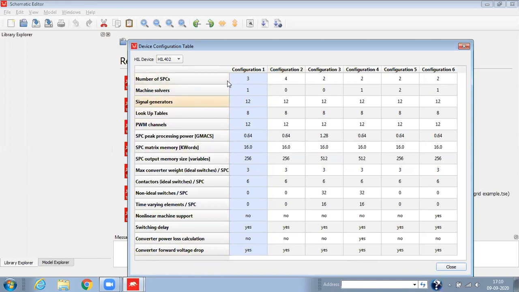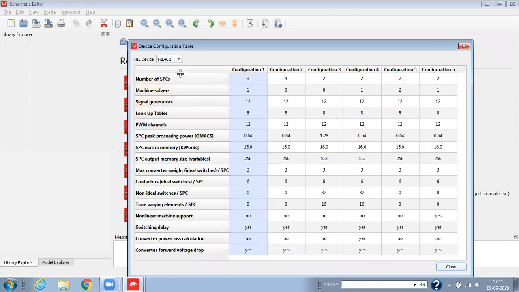If you require more SPCs to simulate that particular model, you need to choose configuration 2, because the Hil 402 device can simulate a maximum of 4 three-phase three-level converters with configuration 2. If you select configuration 1, it will simulate a smaller maximum number of three-phase three-level converters. So depending on your requirement, you can select the configuration.